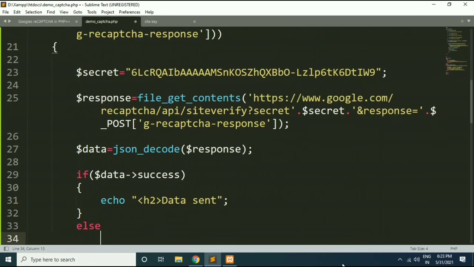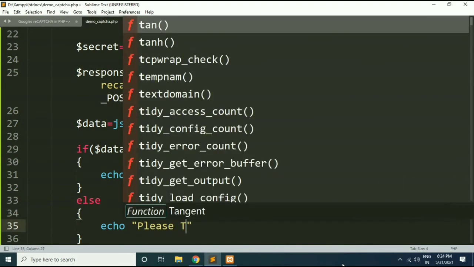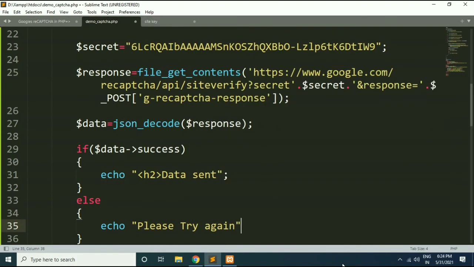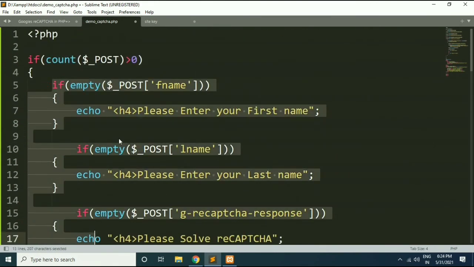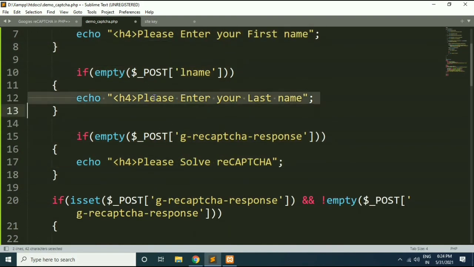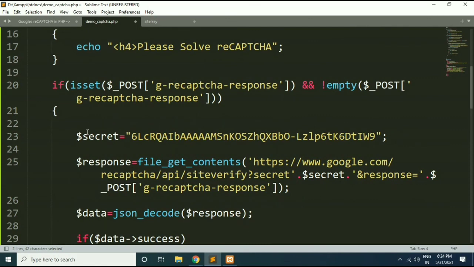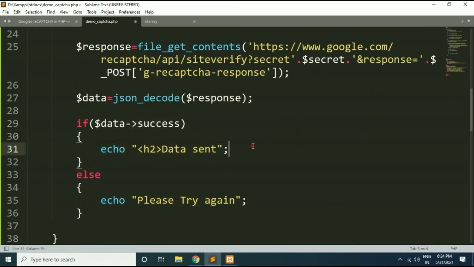Okay, else I will write please try again. What we have done here: first of all we have tested whether the user has submitted all fields or not. If not, then we are showing the respective message there, and at last we are trying to validate the user's response with Google's API. If we got a success response, we will display data is sent, otherwise we will display please try again.